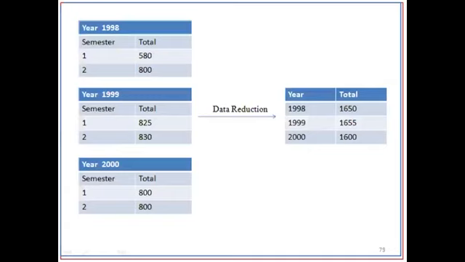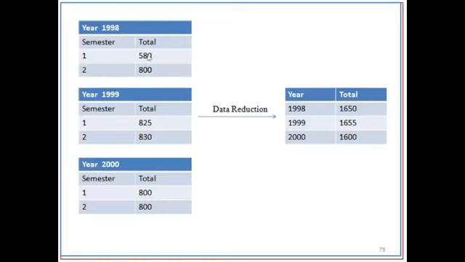Now I want to do one thing. I want to compress the data by using some aggregate operators, that is minimum, maximum, average, count and count star. In 1998 I want to calculate the total strength, then the 1999 total strength, and the 2000 total strength. Now instead of using these three data sets, I just want to compress these three data sets and convert them into only one data set. So that is called data reduction actually.